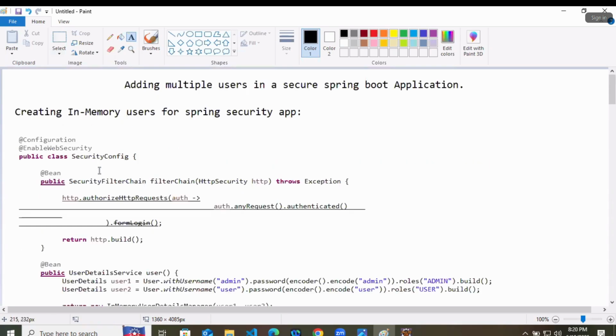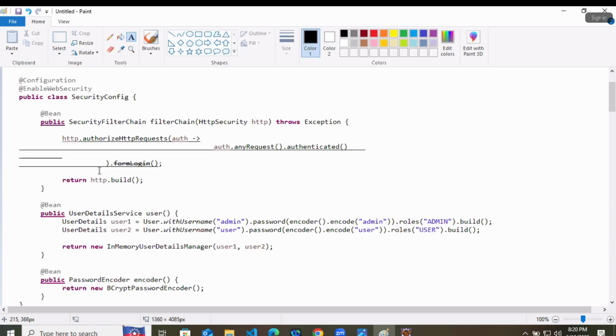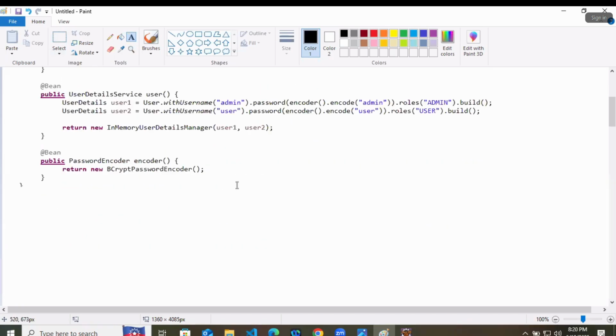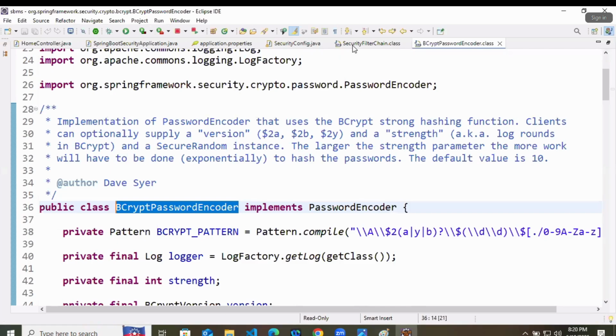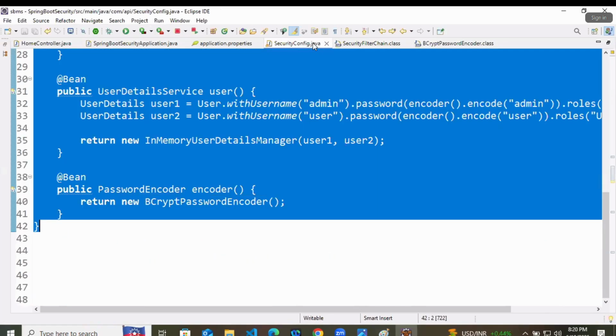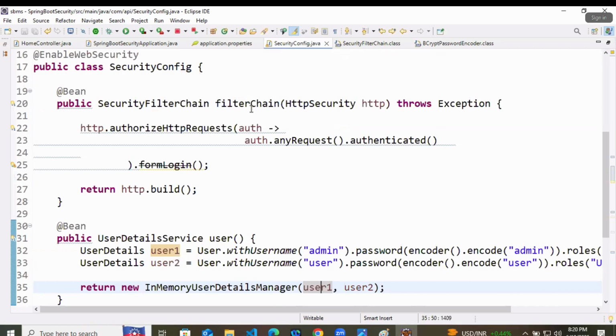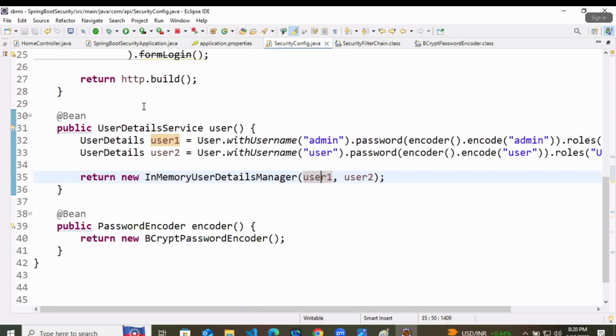So that is how you can create in-memory users. What we are using here, at first, is one security filter chain, which will filter. By the way, right now it is not doing any filtering because anyone can use any URL. We will add our filters and then we are creating the users.